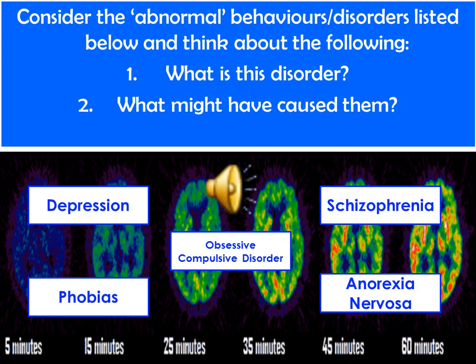If you look at these disorders that are in front of you now, I want you to think about a couple of things. What is the disorder, and what might have caused this disorder itself? There are a number of things that can influence the development of these disorders, and it's not necessarily that one is correct and one isn't, but there are a number of approaches that you can take when looking at disorders. That is something that we do look at within the topic. We also look at treatments of these disorders, and different types of treatments. We're always looking at different thoughts, different theories, and that's really what makes psychology so interesting.